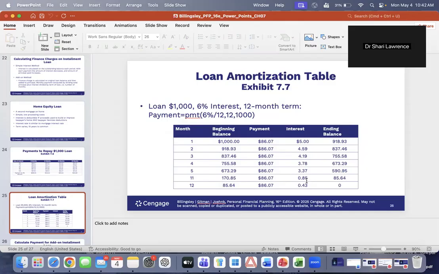So keep that in mind when you get in the position of life where you have a car loan or a mortgage, because making extra principal payments, paying down on the principal, especially in the early part of the loan, really pays off. And again, always ask and make sure there's no prepayment penalty.